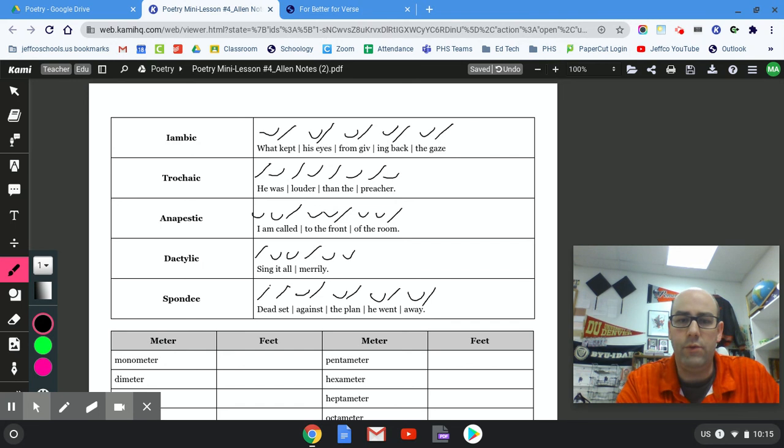And when you do scansions, oftentimes you'll put in those vertical lines to break up the feet so you can see where the feet are. And then above the lines you mark. So when you're doing the scansion on a line of poetry, you're marking in between the feet, and then